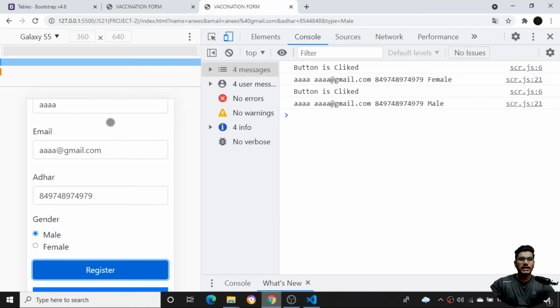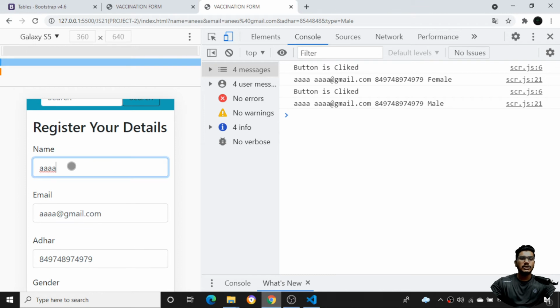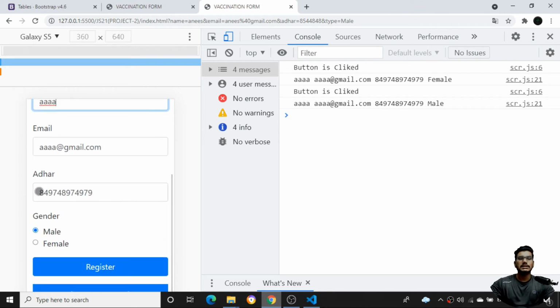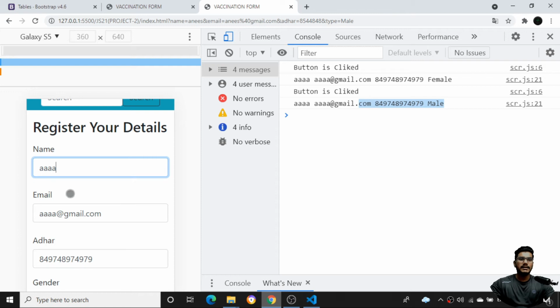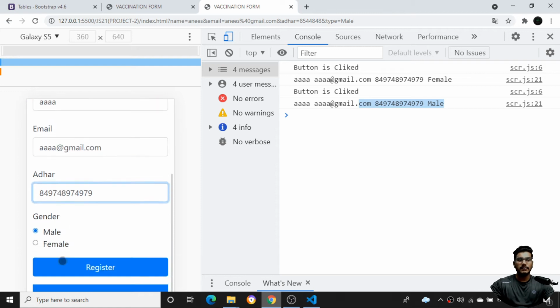So you can see data is coming in this particular fashion, but the data is not getting cleared. So we need to run a clear function for it, so that whatever data I am getting should go back. We need to run the reset function. We'll run it now. So the data is coming perfectly, the name is coming, email is coming, Aadhaar card is coming, as well as the gender is also coming right now. So now let's see what is the next thing I need to do here.